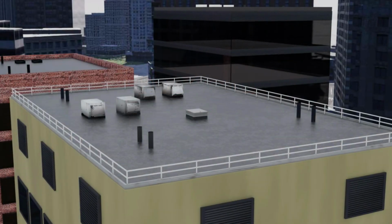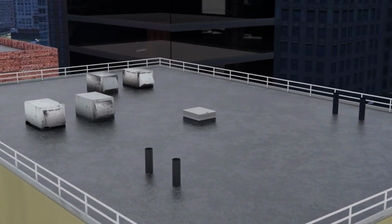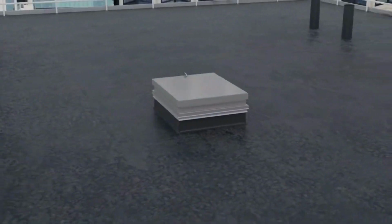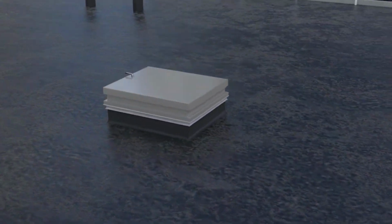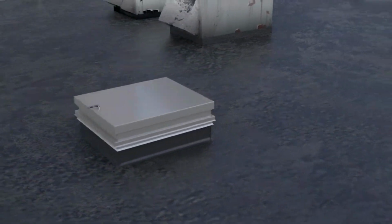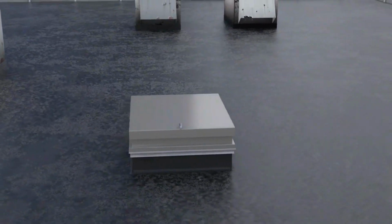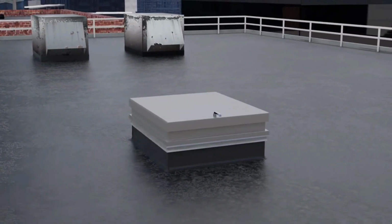Roof hatches are most often replaced when a building gets a new roof. However, removal and replacement on an existing roof, if not done correctly, can compromise the integrity of the roofing system. But what if your roof hatch is damaged and the roofing material is still in good shape? Removal and replacement of a roof hatch on an existing roof can be time-consuming and lead to leakage issues if